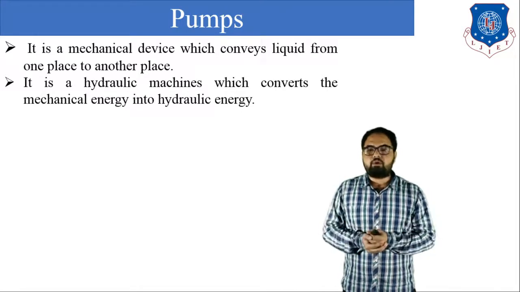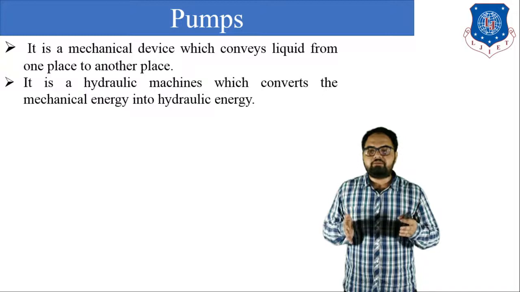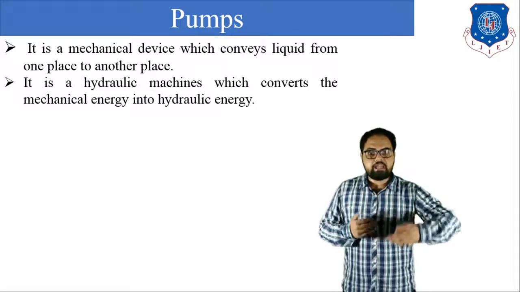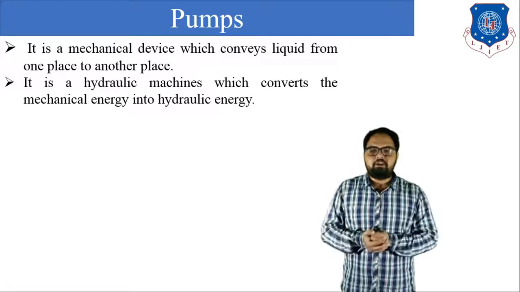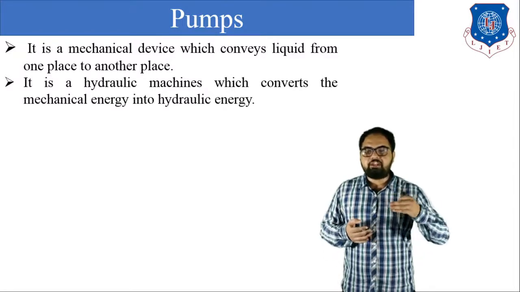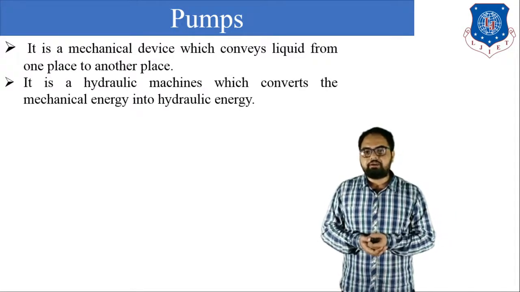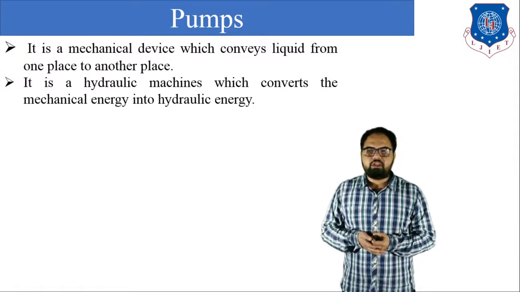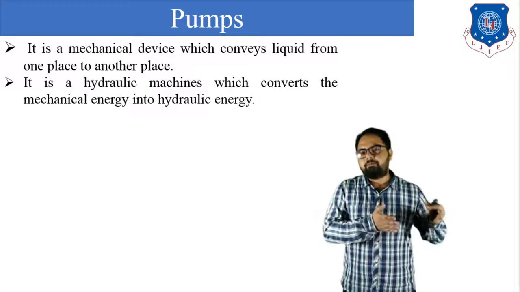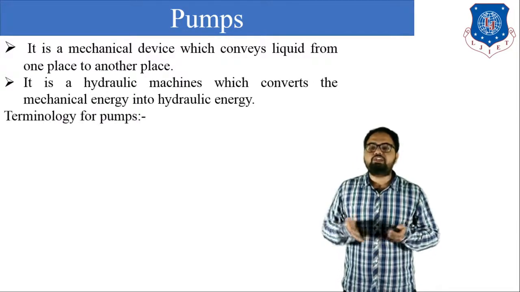The next pumps are rotodynamic pumps. In a rotodynamic pump, a definite quantity of the liquid is discharged or displaced due to the rise in pressure energy of the liquid by dynamic action of the rotating element, which is known as the impeller. With the help of the impeller, we can convey the liquid from one place to another place. Such pumps are known as rotodynamic pumps. And in other pumps, we are not using the positive displacement method or the rotodynamic method.